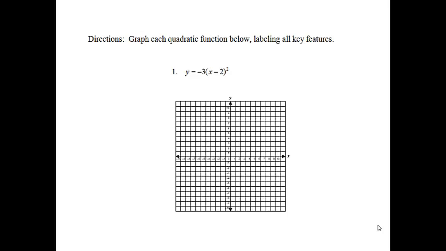Directions. Graph each quadratic function below, labeling all key features. Question 1, y equals -3 times (x minus 2) squared. All right, this is already in vertex form, so we should be fine to go ahead and